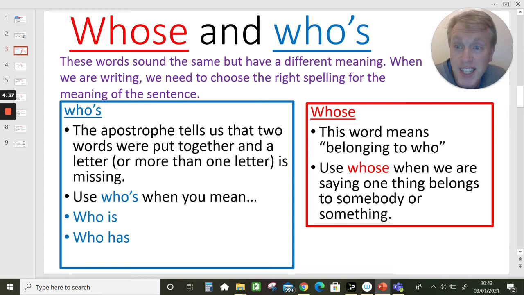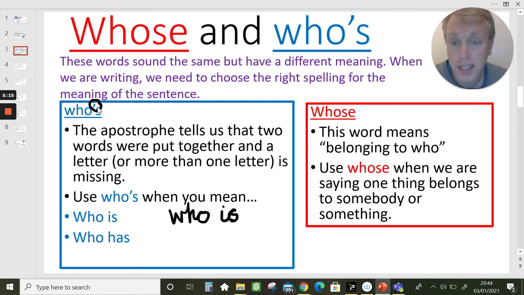The apostrophe tells us, can you see the apostrophe here? I'll just put a little mark around it. That apostrophe tells us that 2 words were put together, and a letter, or more than one letter, is missing. So we use this whose when we secretly mean who is. Can you see, we started with who is,